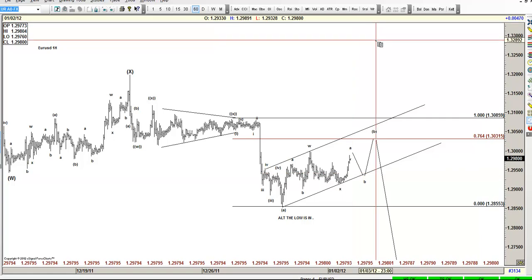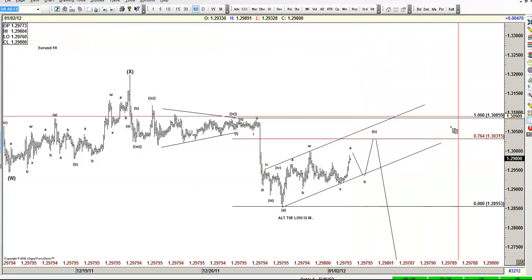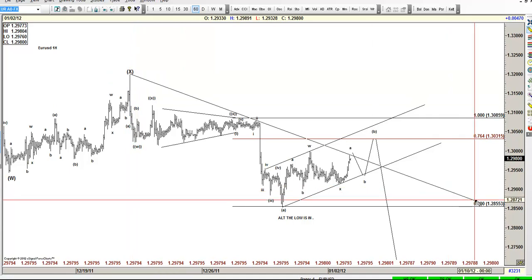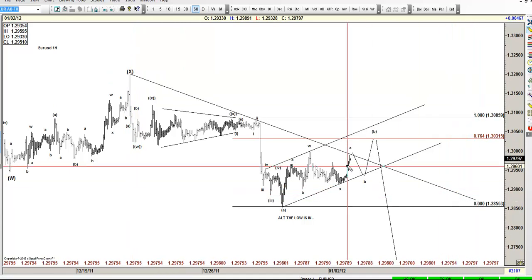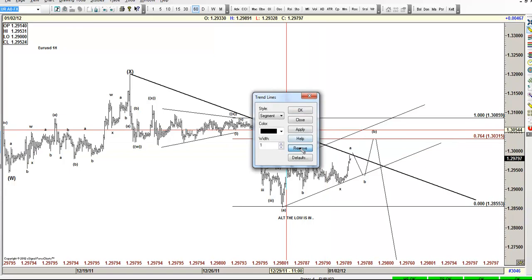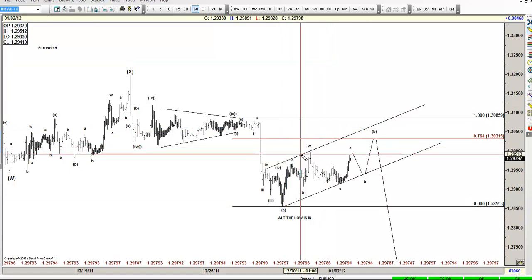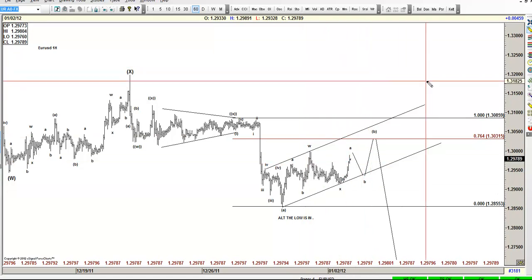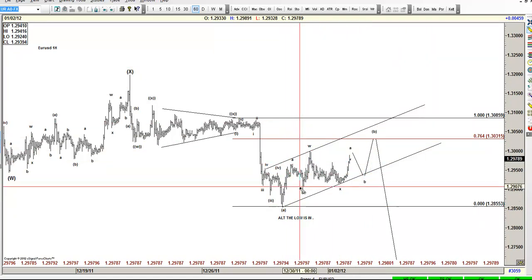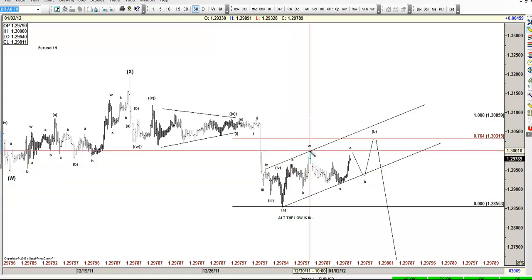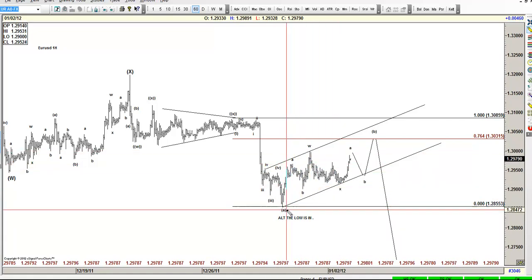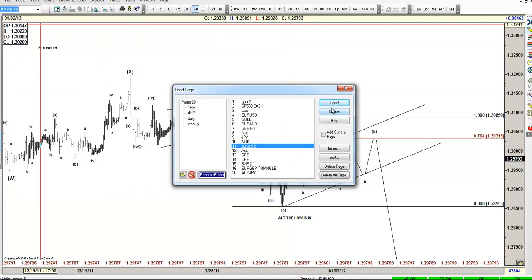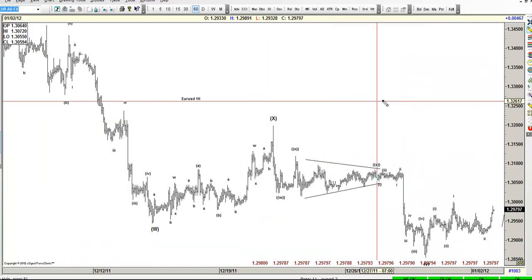A break of that channel, together with the channel that comes from the highs at 142 right there, is a bullish event, and that's going to make the case that the euro dollar becomes bullish for at least a little while. Now, the recovery, like I say, is 3 ways to here, 3 ways back, or a nest. If it's the nest, then it's like this, and then